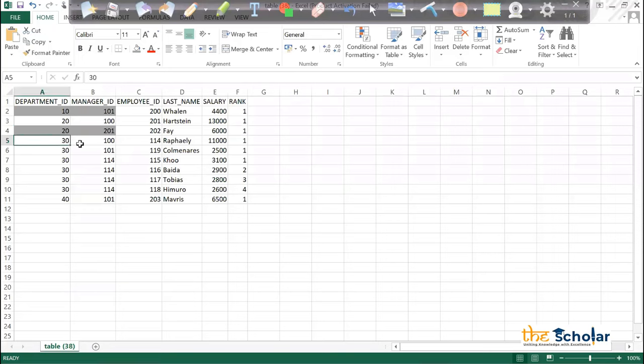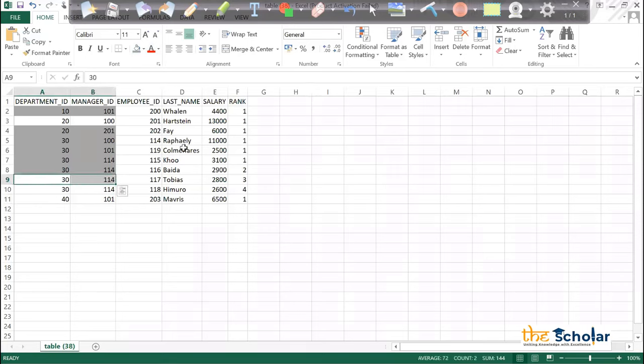Let's go down here. 30, 100, different manager, rank 1. 30, 101, different manager, rank 1. 30, 114, different manager, rank 1. 30, 114, one more employee with the same manager with the lesser salary, rank 2. 30, 114, same manager, same department, one more salary, rank 3. 30, 114, rank 4.